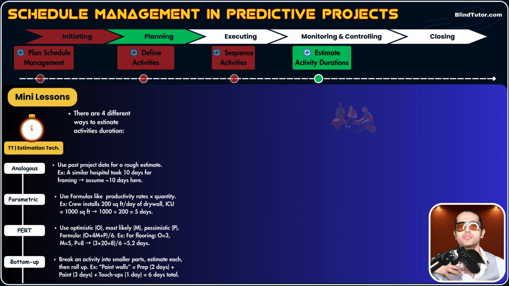I like PERT one. Why? Because PERT considers 3 scenarios: worst case scenario, best case scenario, most likely scenario. And parametric, when you have data to use formula, parametric is the best productivity data. Okay, awesome. So these were 4 estimation techniques, and I feel like you will definitely get at least one question